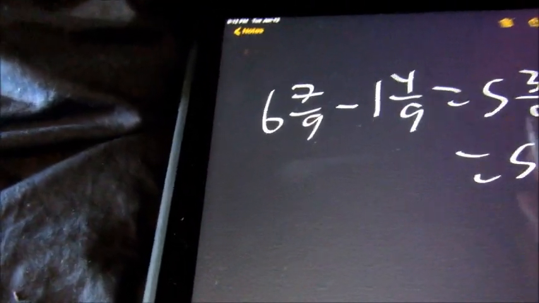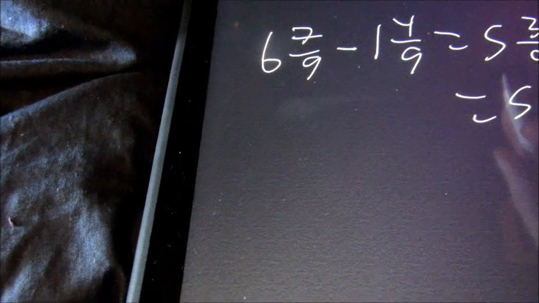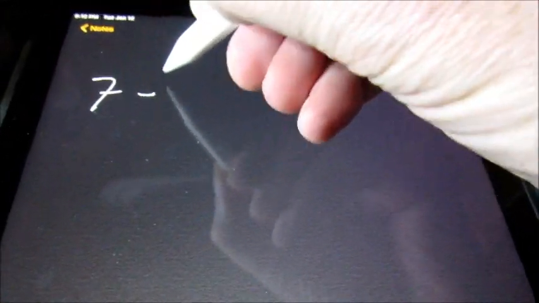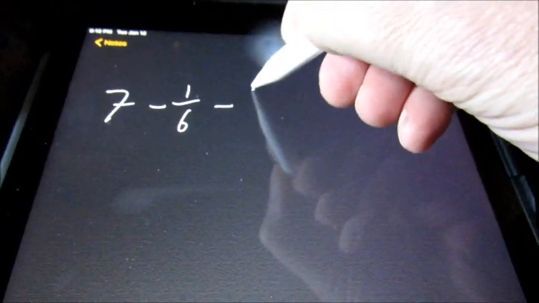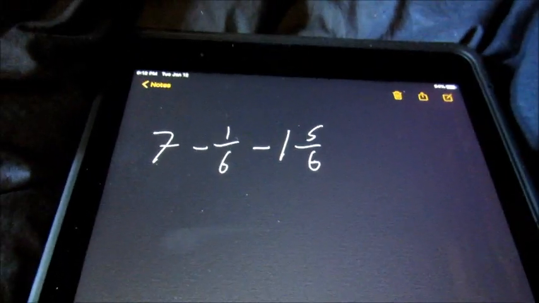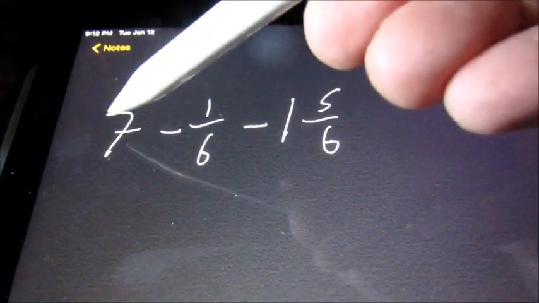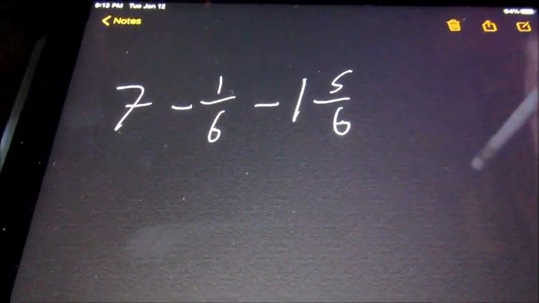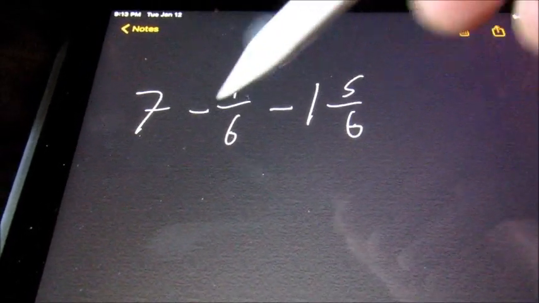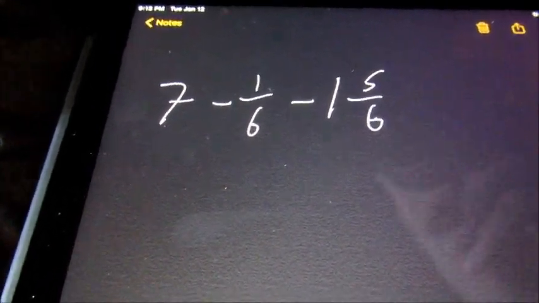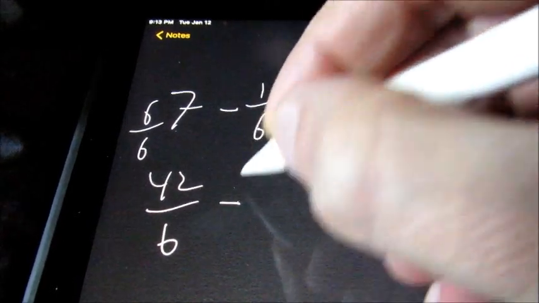So now, let's have one where I have 3 numbers. 7 minus 1/6 minus 1 5/6. Now this one I am going to just turn into mixed numbers. For here, I want 6 in the denominator, so I'm going to multiply this by 6 over 6 and get 42 over 6 minus